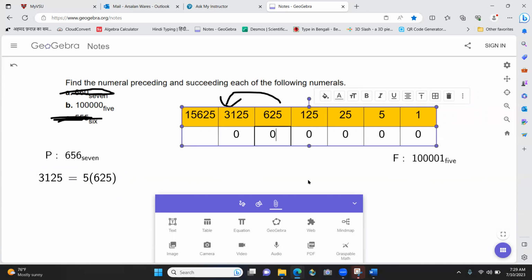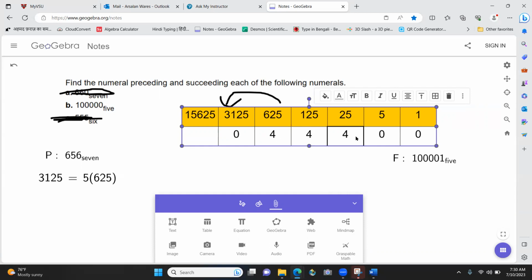I am going to put 4 of them here. 4 625s will go here. I'm going to take the last 625, break it into 5 groups of 125s. I'm going to leave 4 here. I'm going to take the 5th group of 125, break it down into 5 groups of 25, leave 4 here,